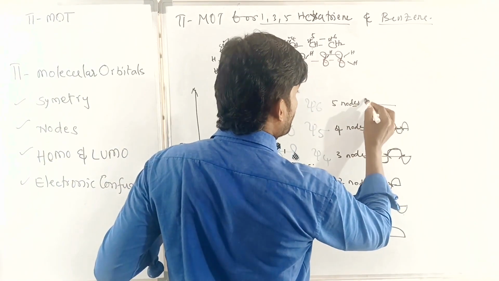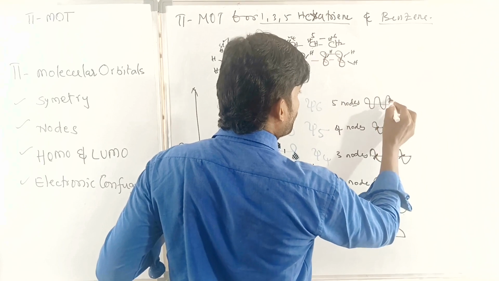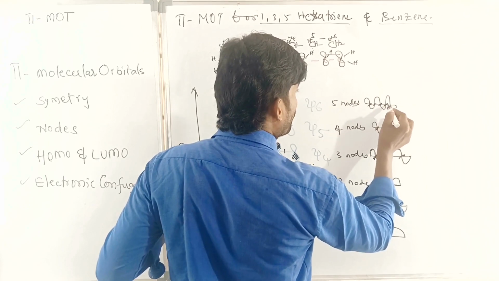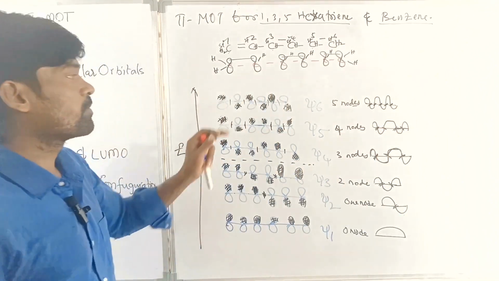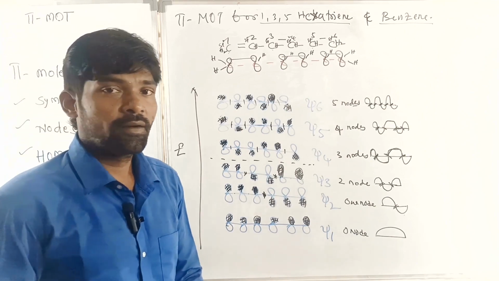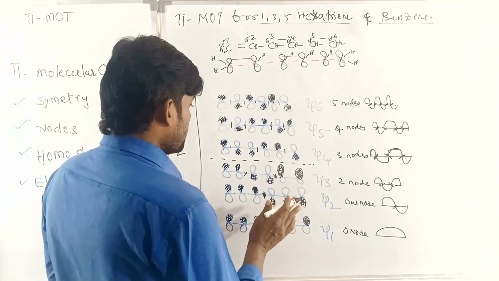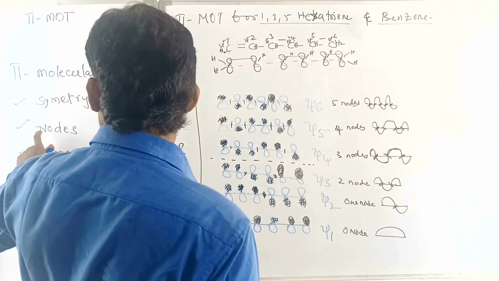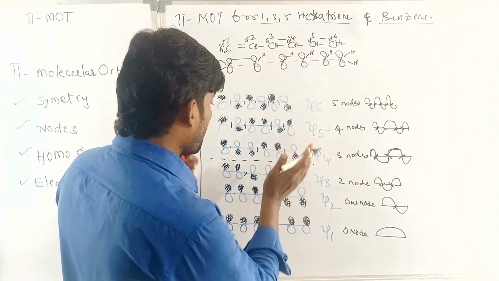So 5 nodes are there. 1, 2, 3, 4, 5. 5 nodes are there. Clear? Now, this is one way we found how many nodes are present in